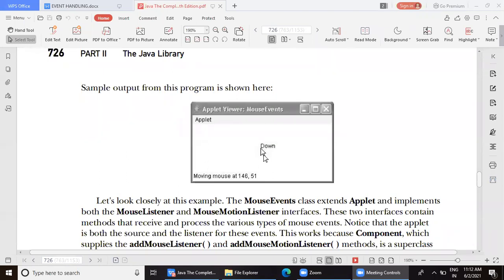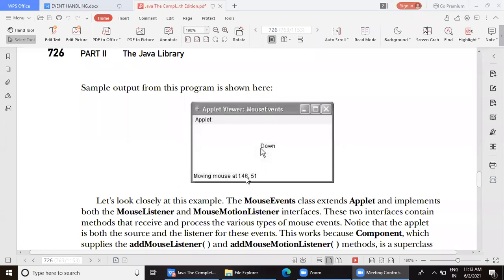Fine. Anyways, other than that, can you see anything else? The status bar. Yeah, the status bar shows the coordinates as and when the mouse is moved. If it is dragged, even that status bar message will change to dragging mouse at.